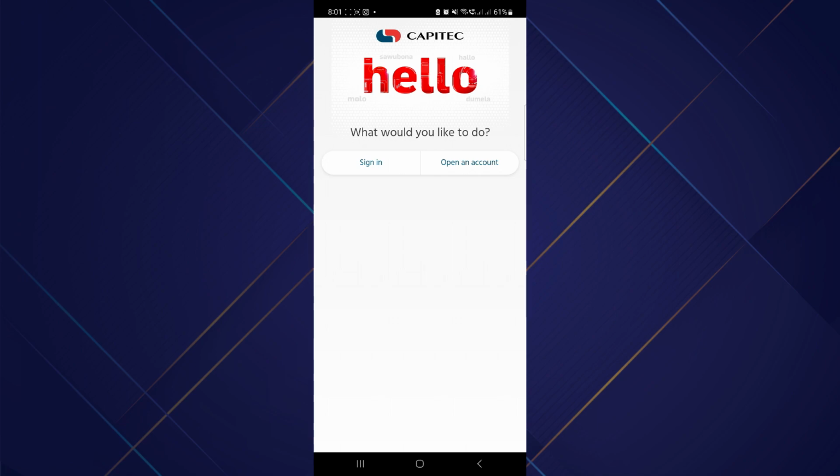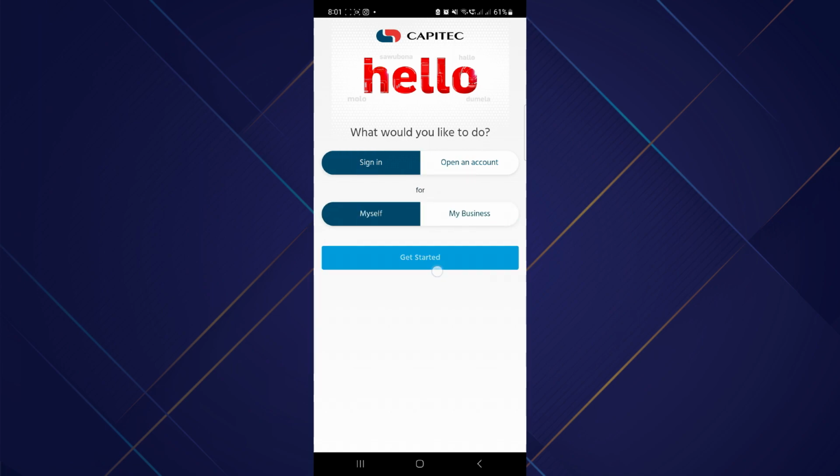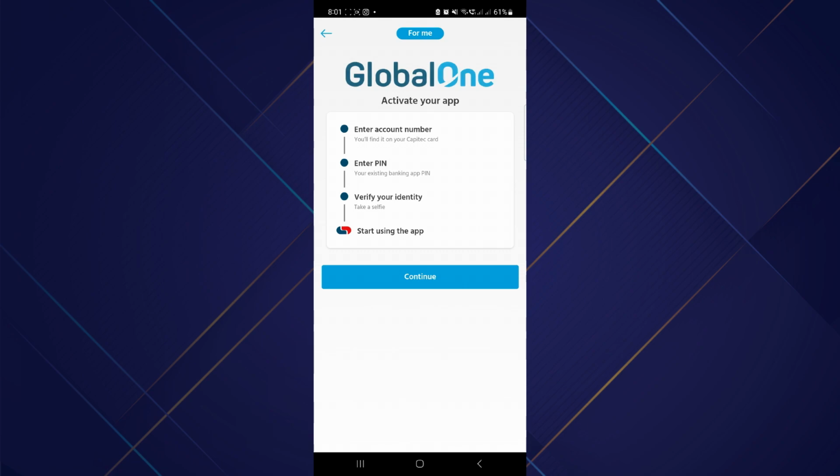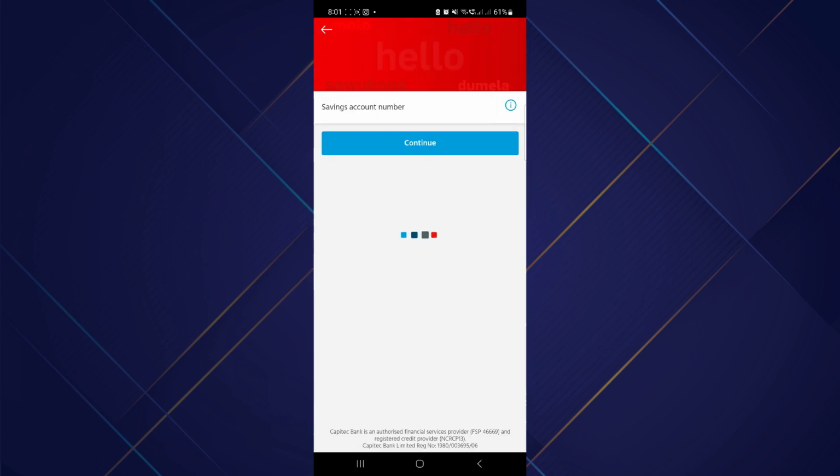And let's begin. So first of all, open up your app, then sign in, and after signing into your account, you will be able to find the option of transact. Just click on it, and after that, you will be able to find the option of debit card. Just click on it, and this way you would be able to see all the transactions from your debit card